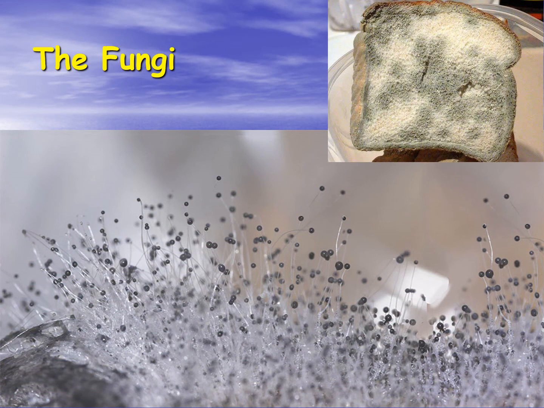The molds will actually grow from the mycelium, and this is our good old friend, a Rhizopus mold or bread mold. This mold I don't like. I am highly allergic to this particular mold. And what you're seeing right here are what we call the aerial hyphae or the reproductive hyphae. And each one of these little black dots is actually going to contain the reproductive spores of this particular mold.